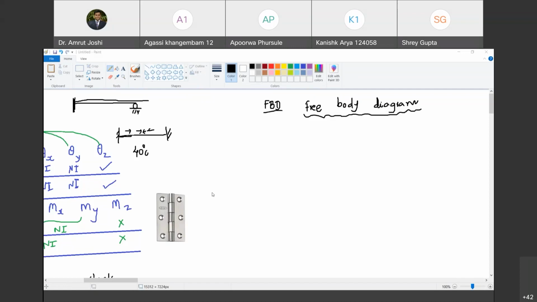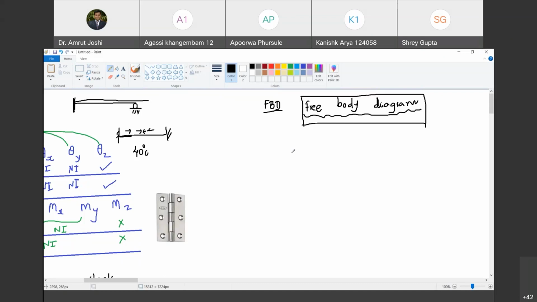Okay, so no other response. I assume that everybody has this notion in mind that when you show all the forces acting on a body, we call that diagram the free body diagram of a body. Okay, but then we could have as well called it a force diagram. Why the word free body diagram? So let us try to define what we mean by free body diagram. A free body diagram is the diagram drawn when you free the body from all external agencies. So what do you have to do? Free it from all external agencies and show what the external agencies were doing. This is called a free body diagram.